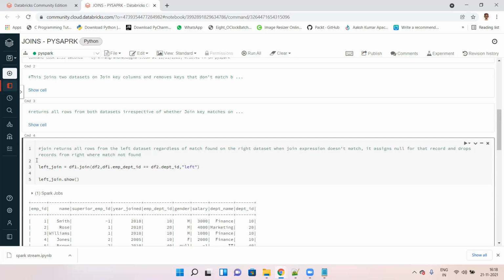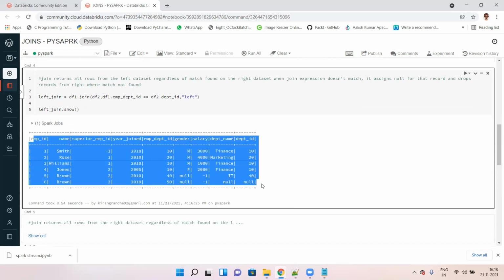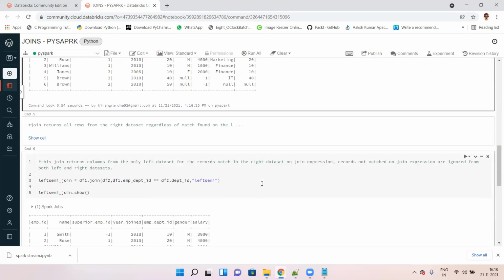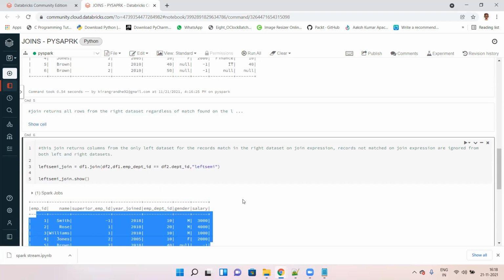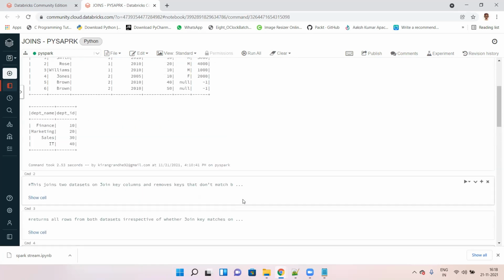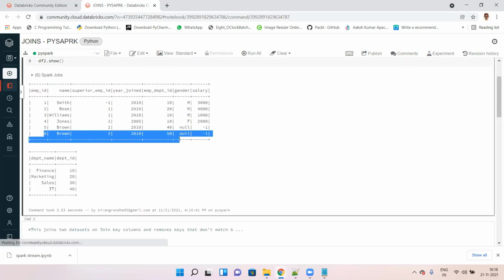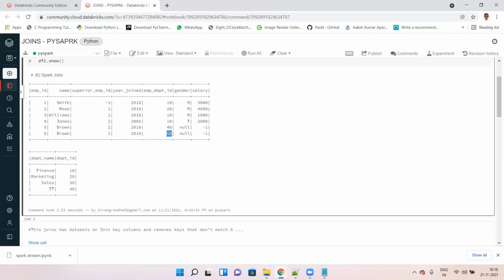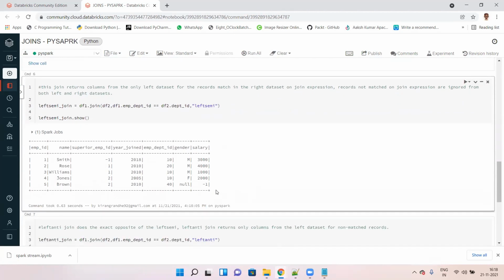So you're trying to explain what is the difference between left join and left semi? Here you can see in the left join we got data from both the tables. If you see here in left semi, we got only data from the left table, but since for this record there is no data on the right table, we didn't get this for department 50. So what are the data present in left table? Only for those things we are getting output.